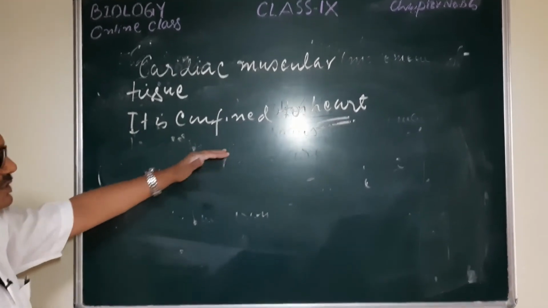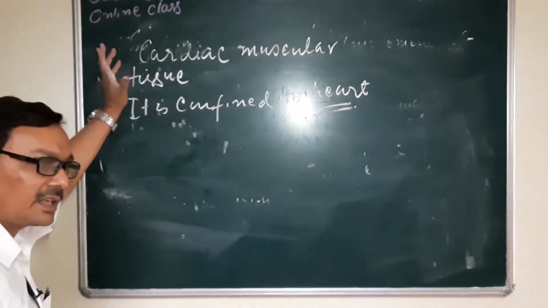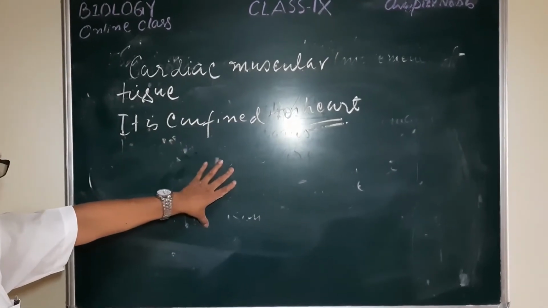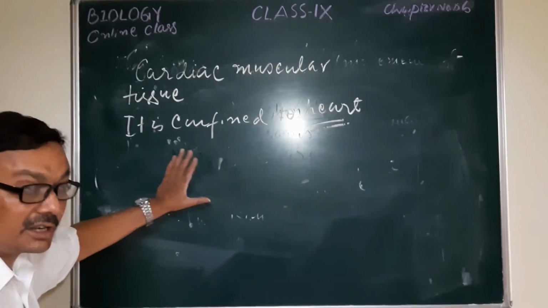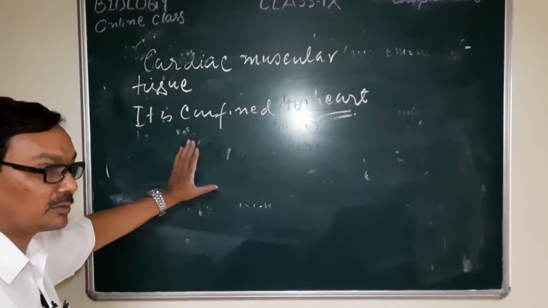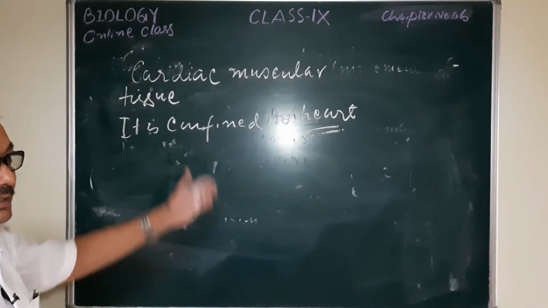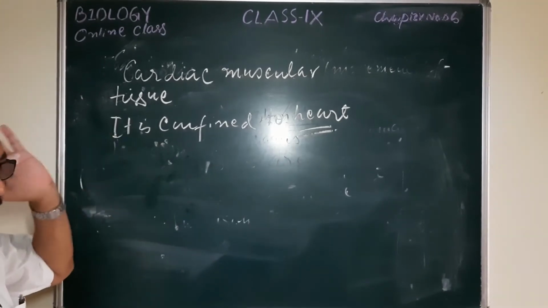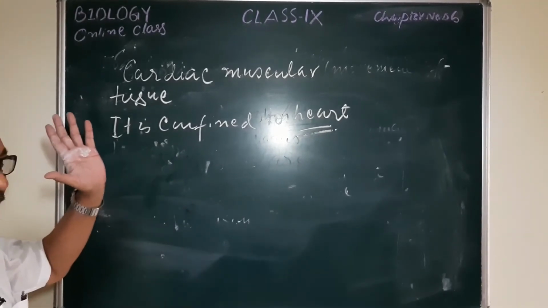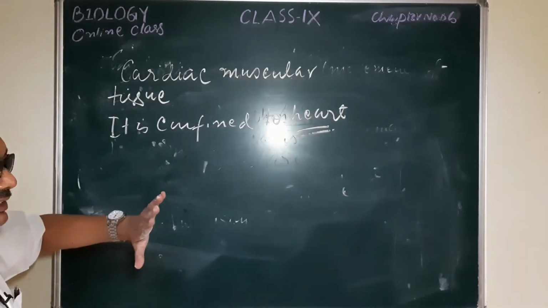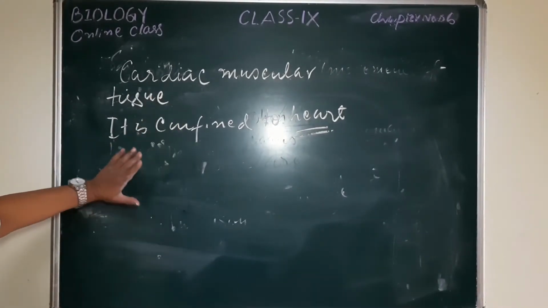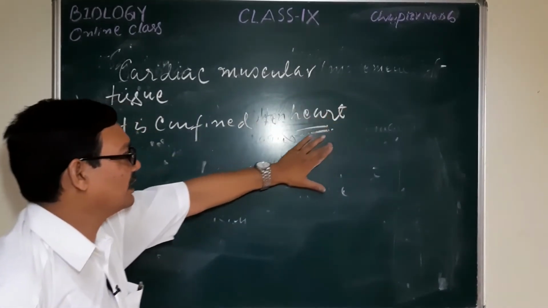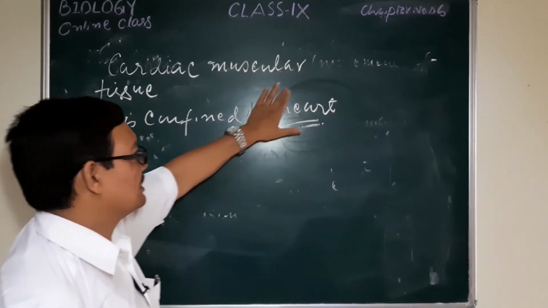The structure of the tissue is similar to that of the skeletal muscular tissue, because here also there are striations, but the nucleus is not multinucleated, it is uninucleated, and the fibers have branches. Understand? Fibers having branches, uninucleate, and striations are here, and due to the presence of this cardiac muscular tissue that is confined to the heart, the heart works untiredly, continuously, without fail,